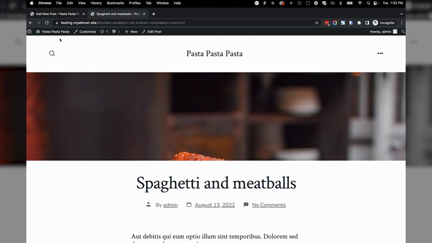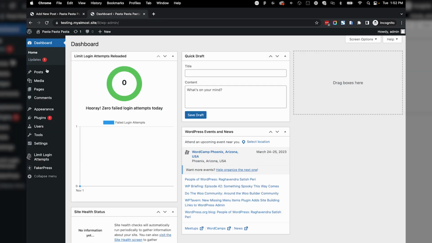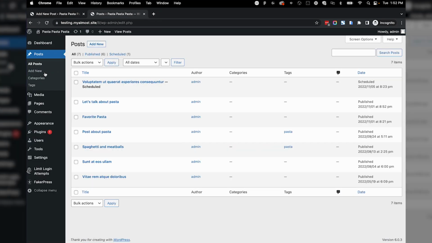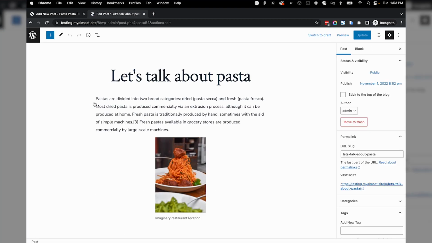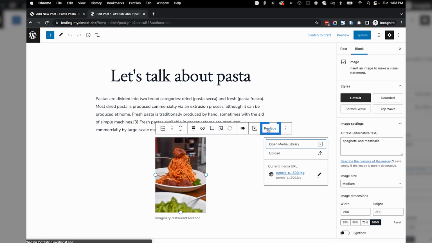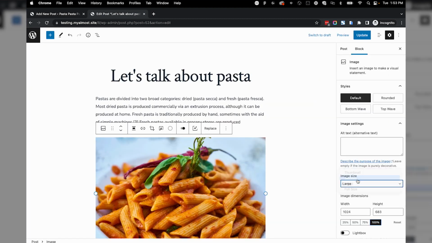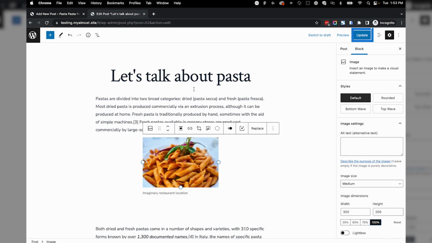If you go back to the post section in your WordPress dashboard, you can see the post we just made. And if I click it, it will take me back to the block editor if I want to make a change. I can change the text if I had a typo, or maybe I found a better image for the post. I can click on the photo and choose replace and pick the photo I want to use. Just remember to click publish up here at the top to save any changes made to the post.